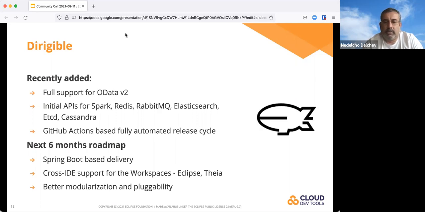So the file editing, Git support, etc. is something standard, which of course can be done not only via the Dirigible Web IDE, but also with Eclipse via Theia, VS Code, or any other.